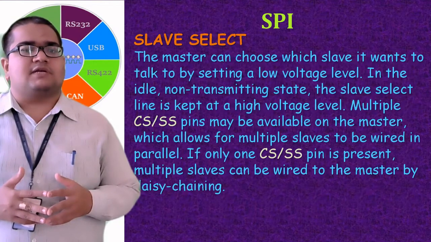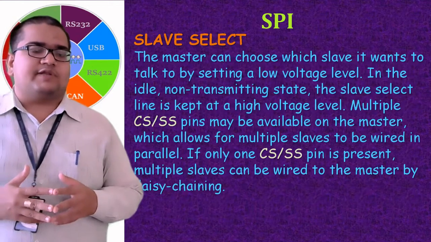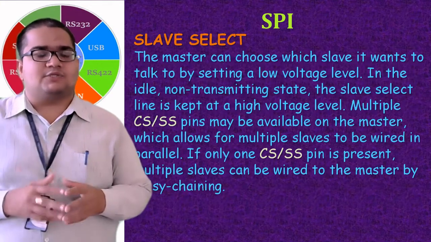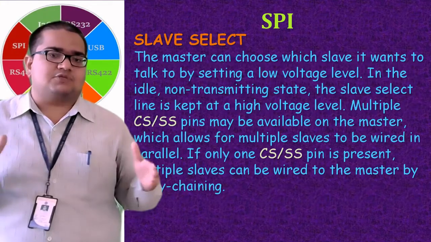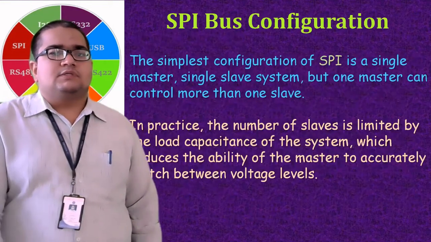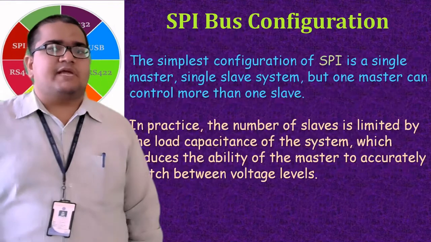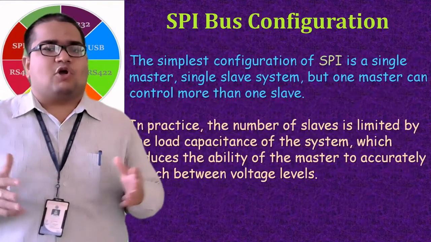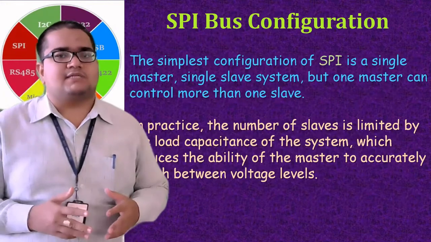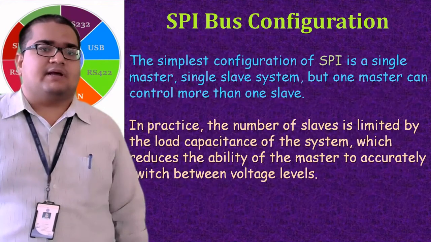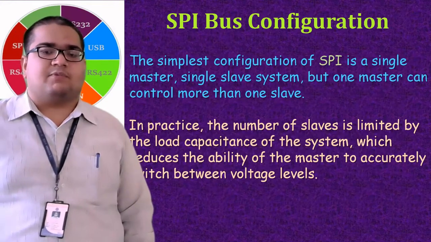then multiple slaves can be wired to the master in a daisy chaining type of configuration, which we will check out: exactly what happens when the master contains only one slave select but has to communicate with many slaves. So now we'll be checking out this SPI bus configuration. The simplest configuration of the SPI is a single master, single slave. But in an embedded system, we always want the master to communicate with many slaves. The number of slaves that can be connected to a particular master depends on